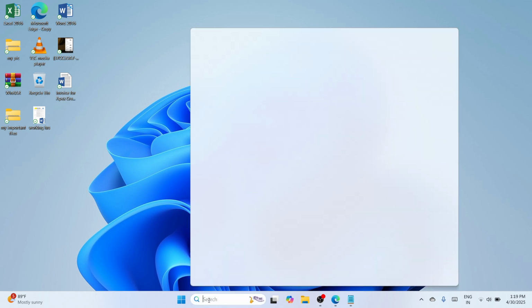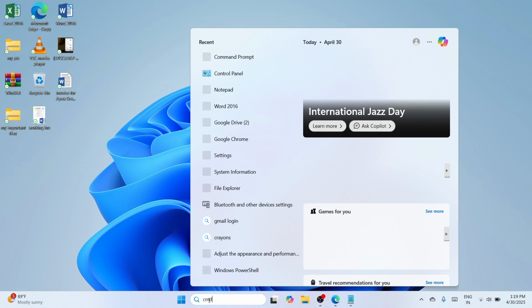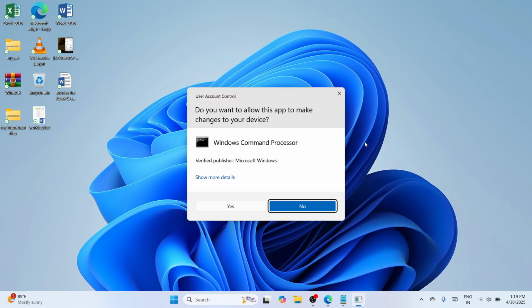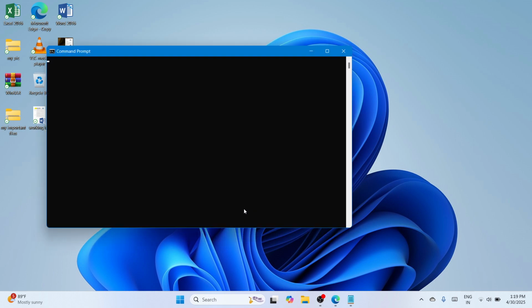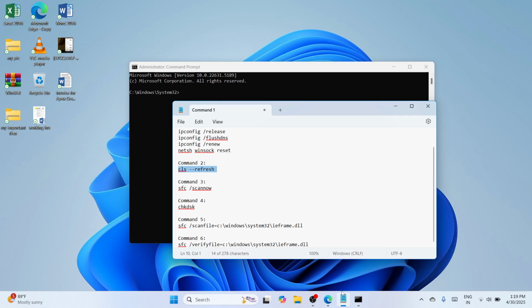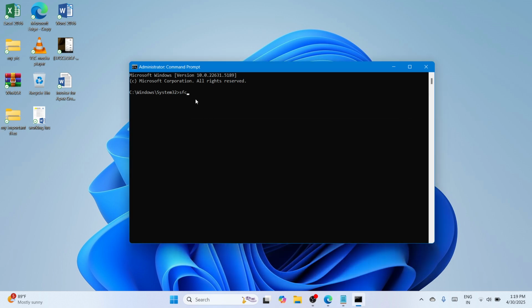However, if not, then move on to the button search bar, type for CMD again, and once a best match would appear, click on Run as Administrator. So click on Yes if your user account control would ask you to say yes. And this time, please type the third command, which is sfc space forward slash scan now. So this will do system scanning. Just type it here,